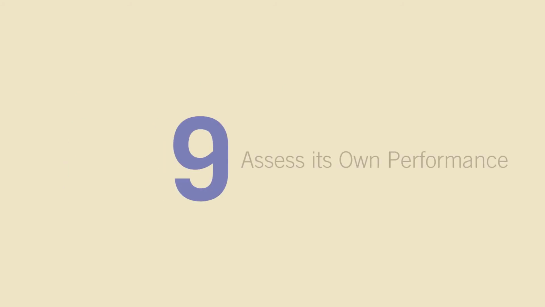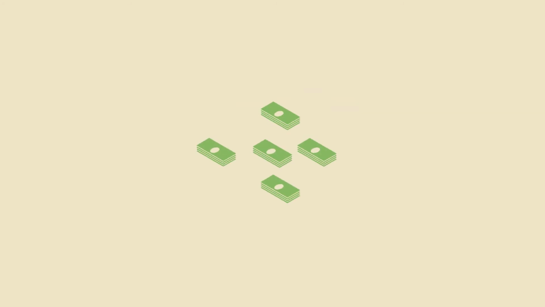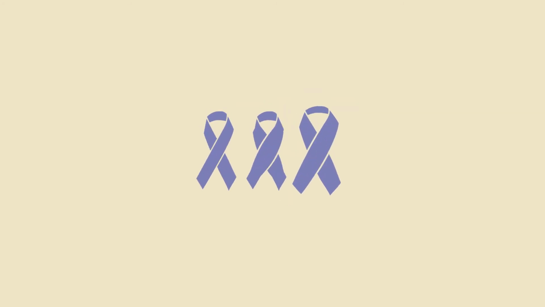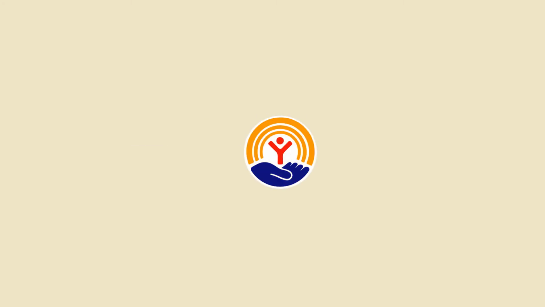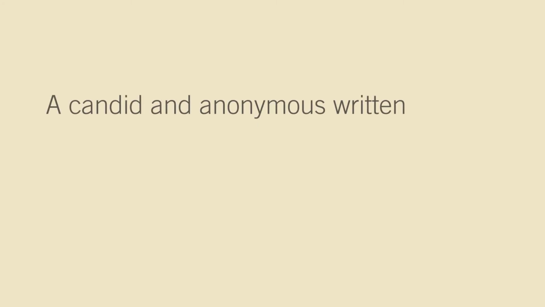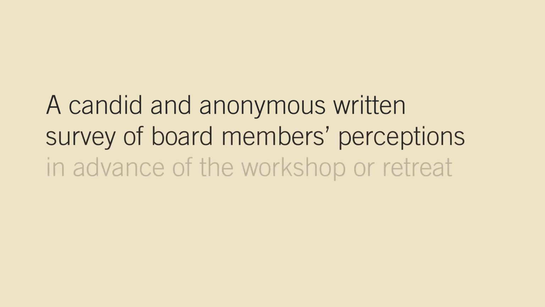9. Assess its own performance. Every 3 to 5 years, the United Way Board and its executives stand back and reflect on how the board is meeting its responsibilities. This process includes a look at its board composition, funding priorities, affiliate selection process, organizational structure, and how the agency's overall performance can be strengthened. A candid and anonymous written survey of board members' perceptions in advance of the workshop or retreat paves the way